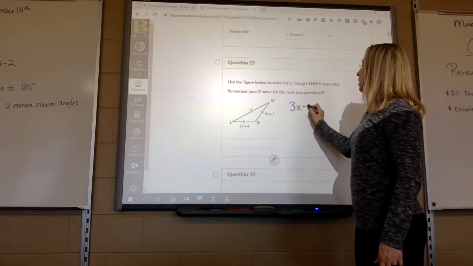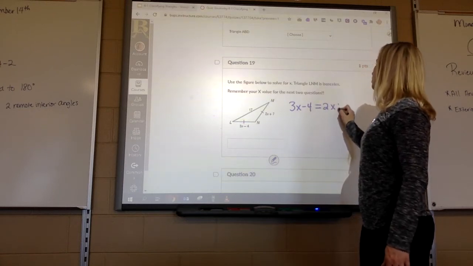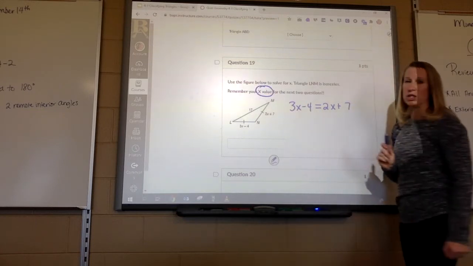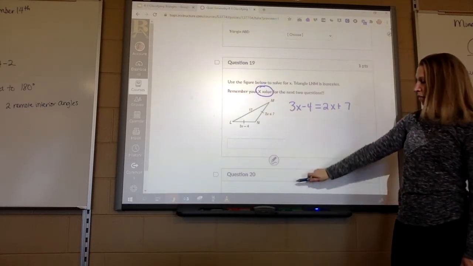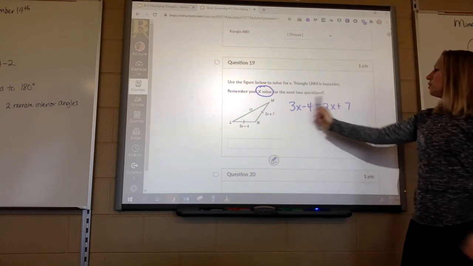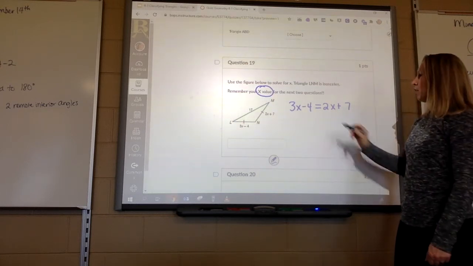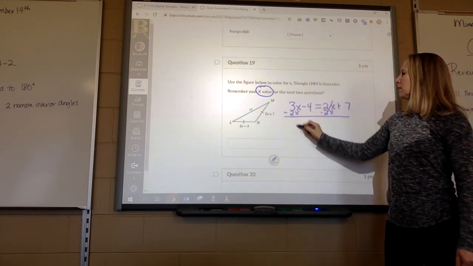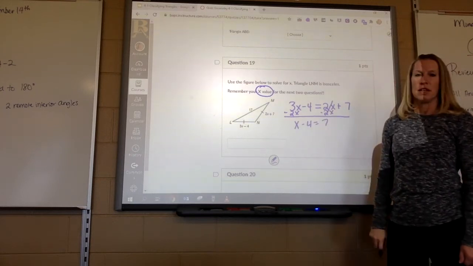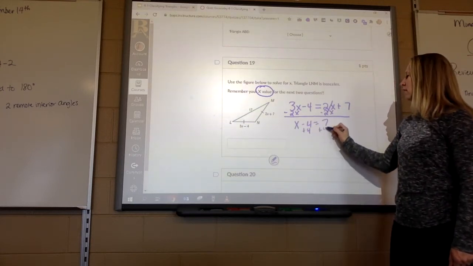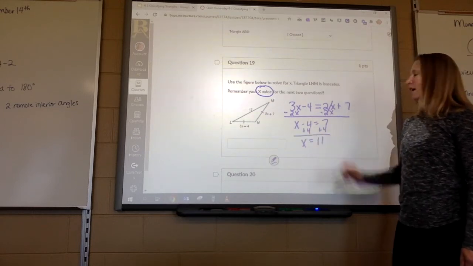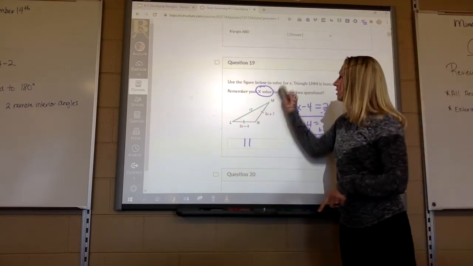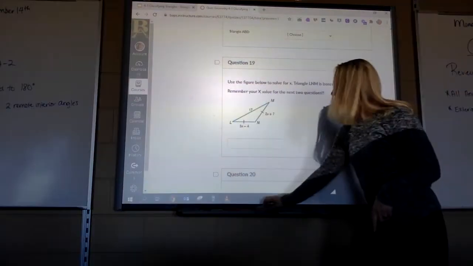So 3x minus 4 equals 2x plus 7. So this says remember your x value for the next two questions. So you'll need to find x here and then plug it in for number 20. So those equal each other. So you would solve for x, I'd minus 2x. 3x minus 2x is 1x. Then what? Add 4. X would be 11. So remember that value. Remember that it's 11 because on the next problem,